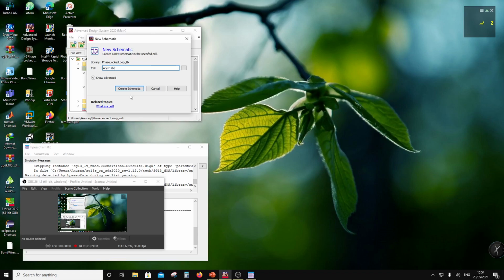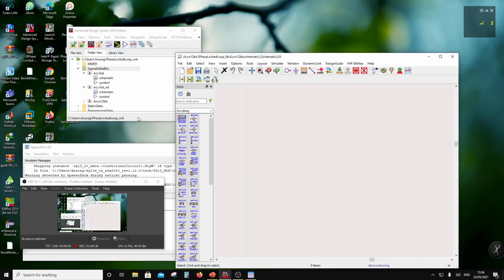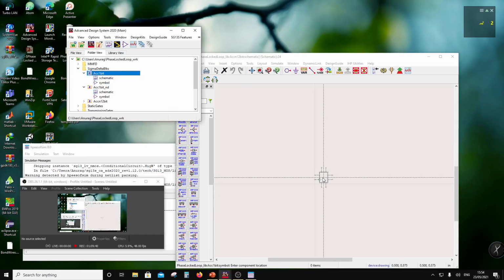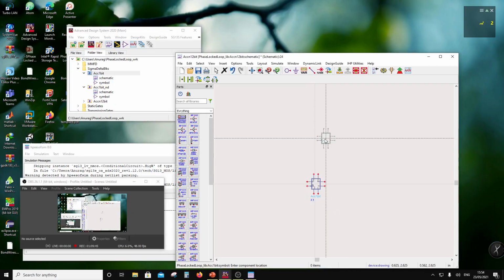Okay, so I'm going to make a 12-bit accumulator using 1-bit accumulator. So here, what we're going to do,